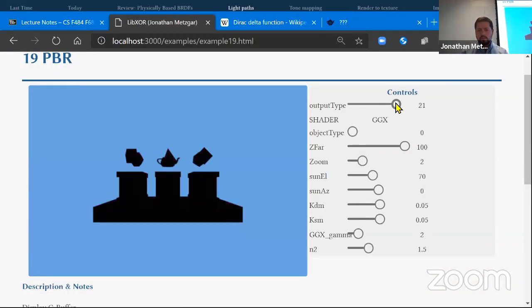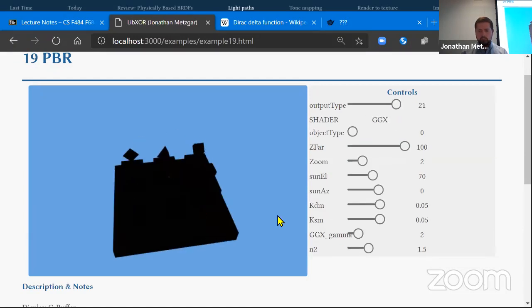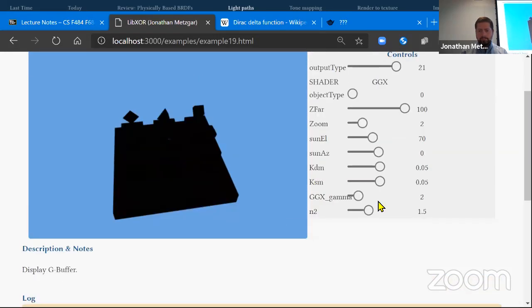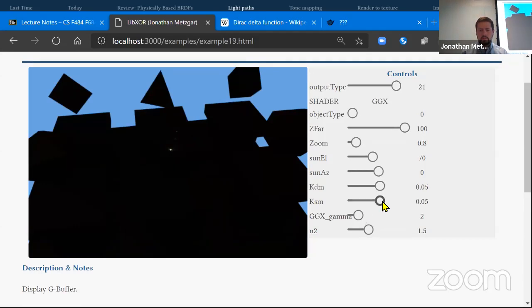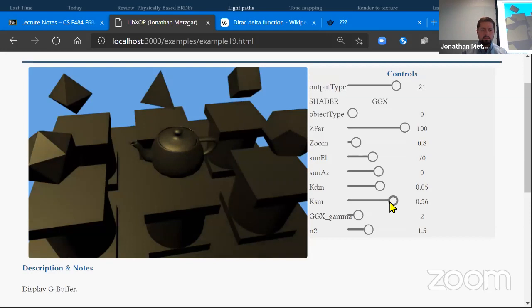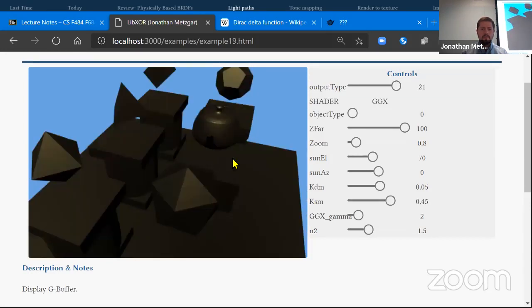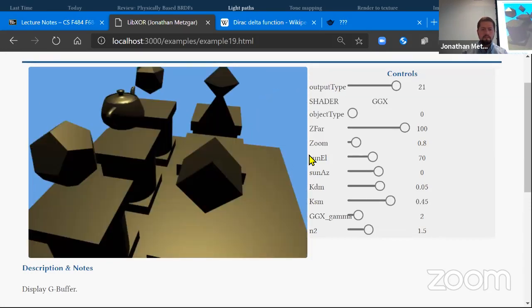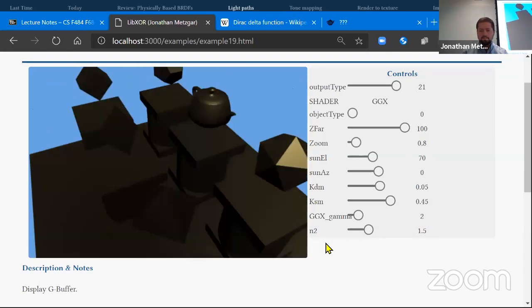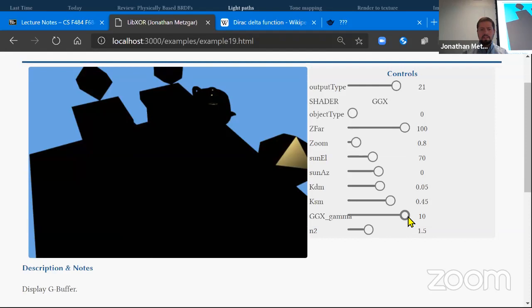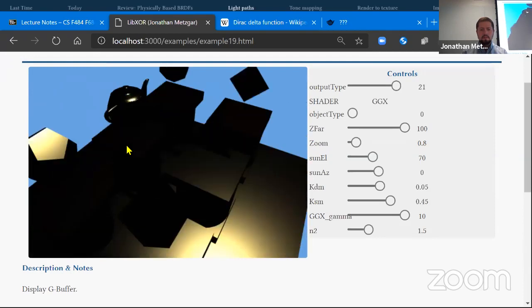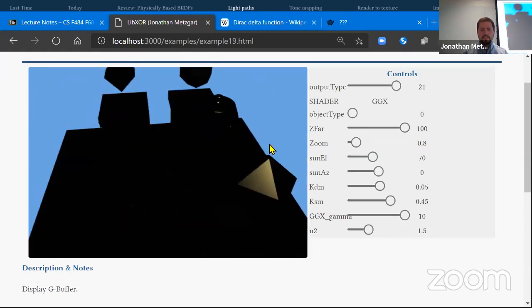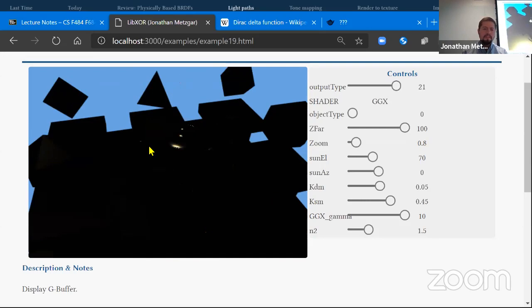All right, so if we go back here to GGX, all right, and zoom in, and we change our roughness back up, then we can, I guess we can approximate the, you know, gold just a little bit better. And if you change the gamma, this is the problem, is like it's, you know, it's pretty decent at like saying, you know, what it looks really shiny, right? But this is actually